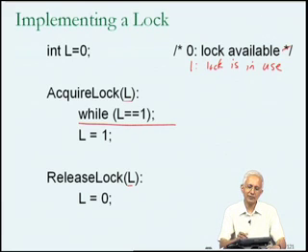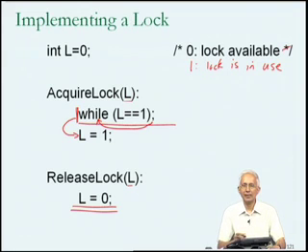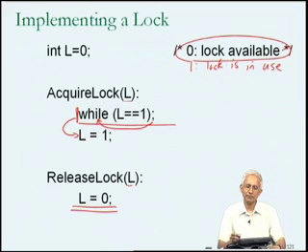So what I am showing you over here is an example of a loop. As long as L is equal to 1, it has to loop, and therefore this loop just keeps executing while L equal to 1 until L becomes equal to 0. How can L become equal to 0? L can become equal to 0 because some other process executes set L equal to 0. Now when the process executing acquire lock comes out of the while loop, that means that L is equal to 0, and then that process which wanted to acquire the lock can set L equal to 1, thereby preventing other processes from observing that the lock is available. And therefore this could be viewed as being an implementation of acquire lock.